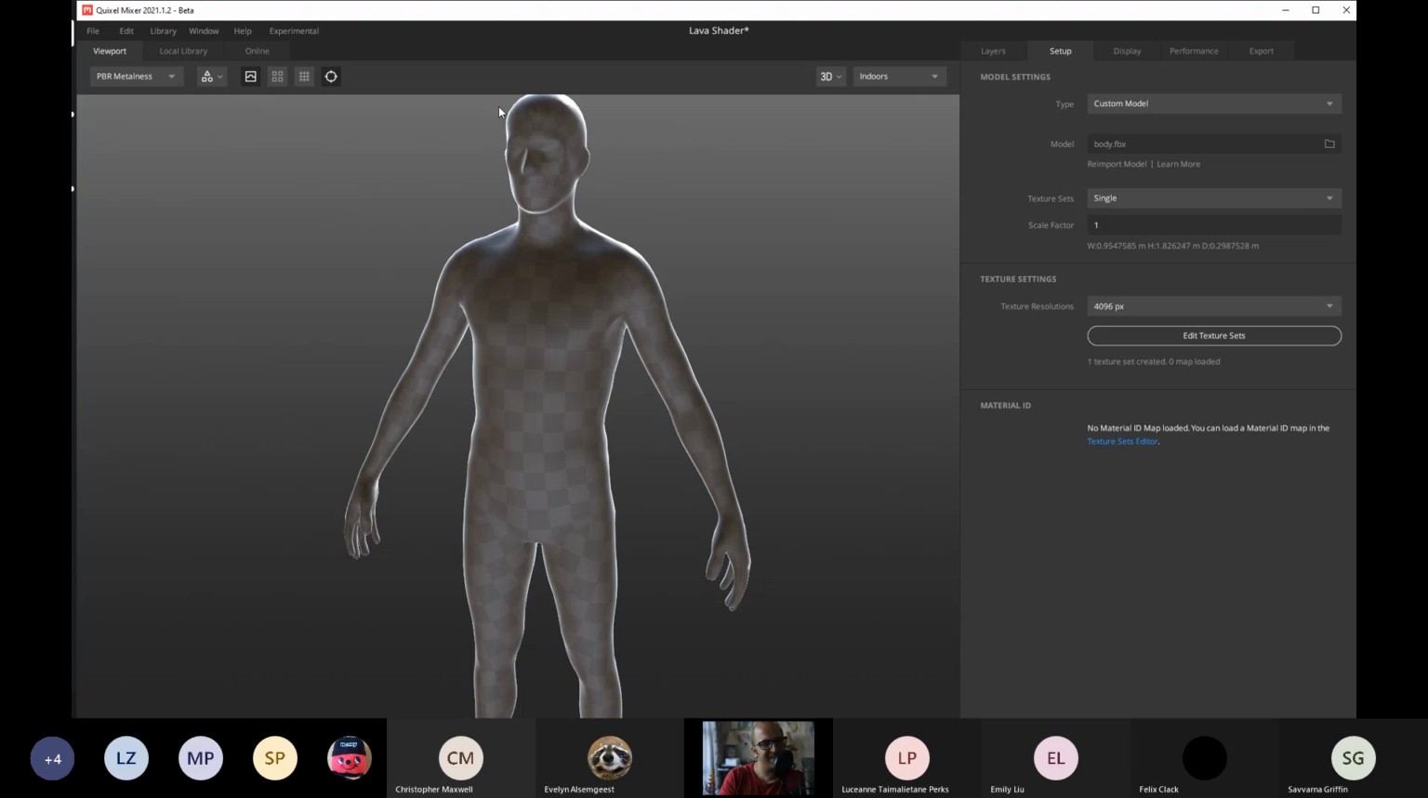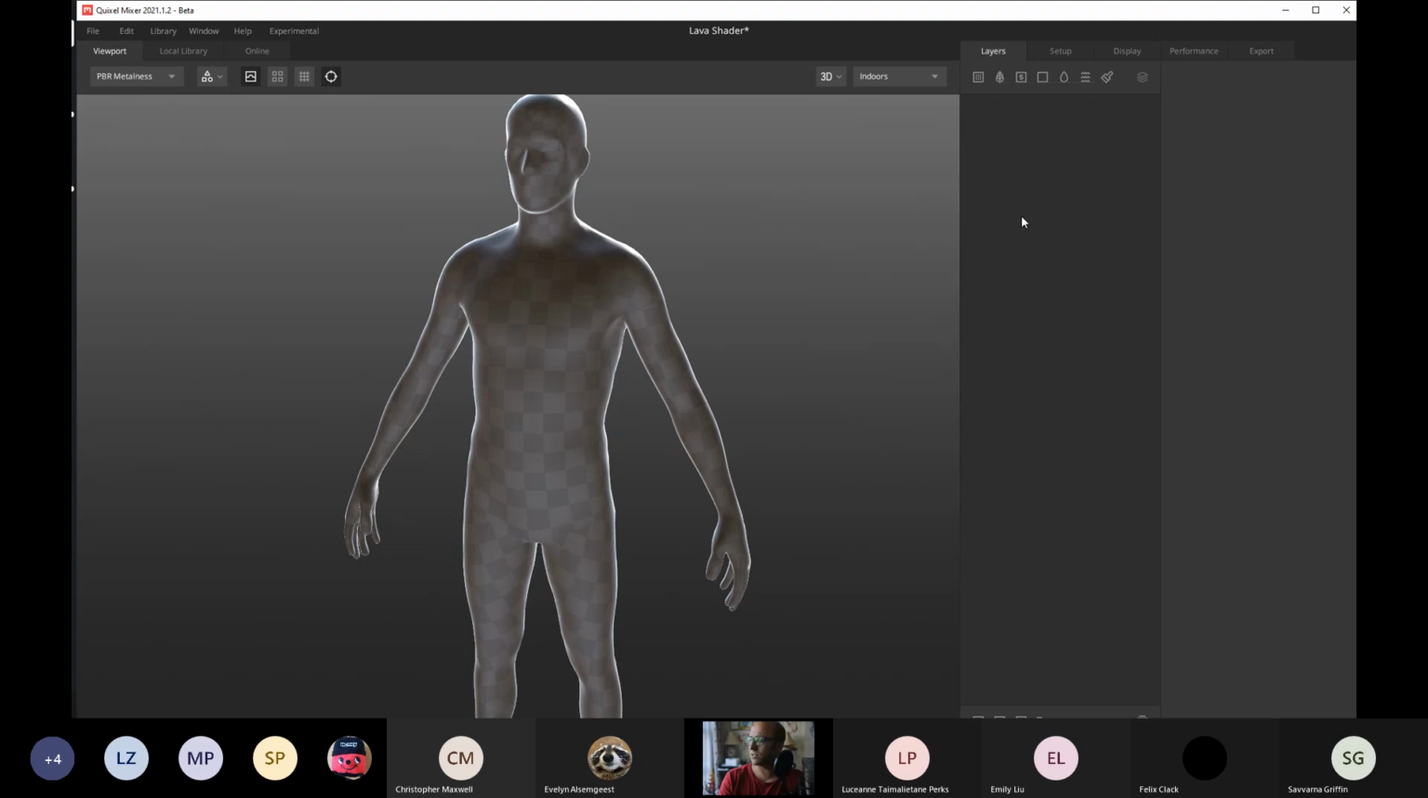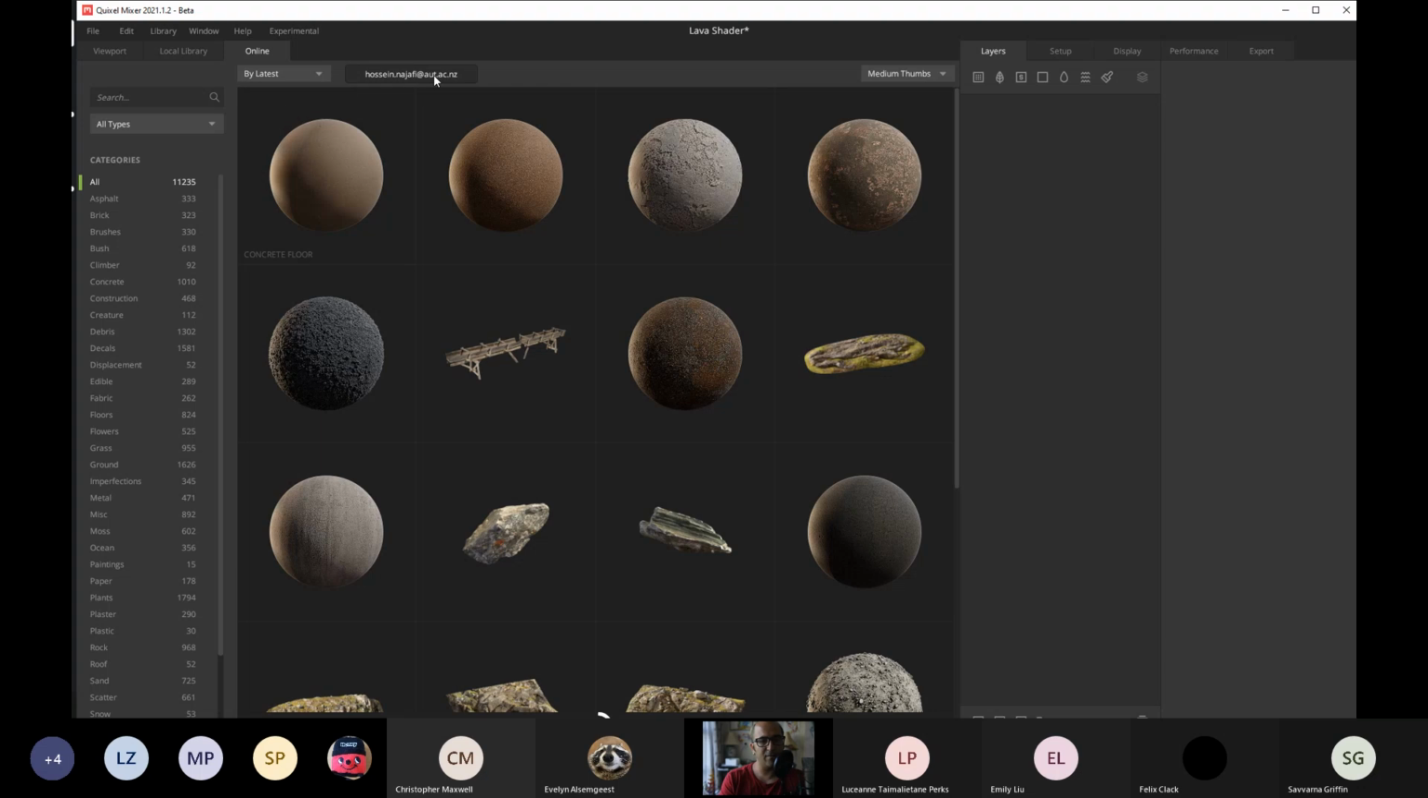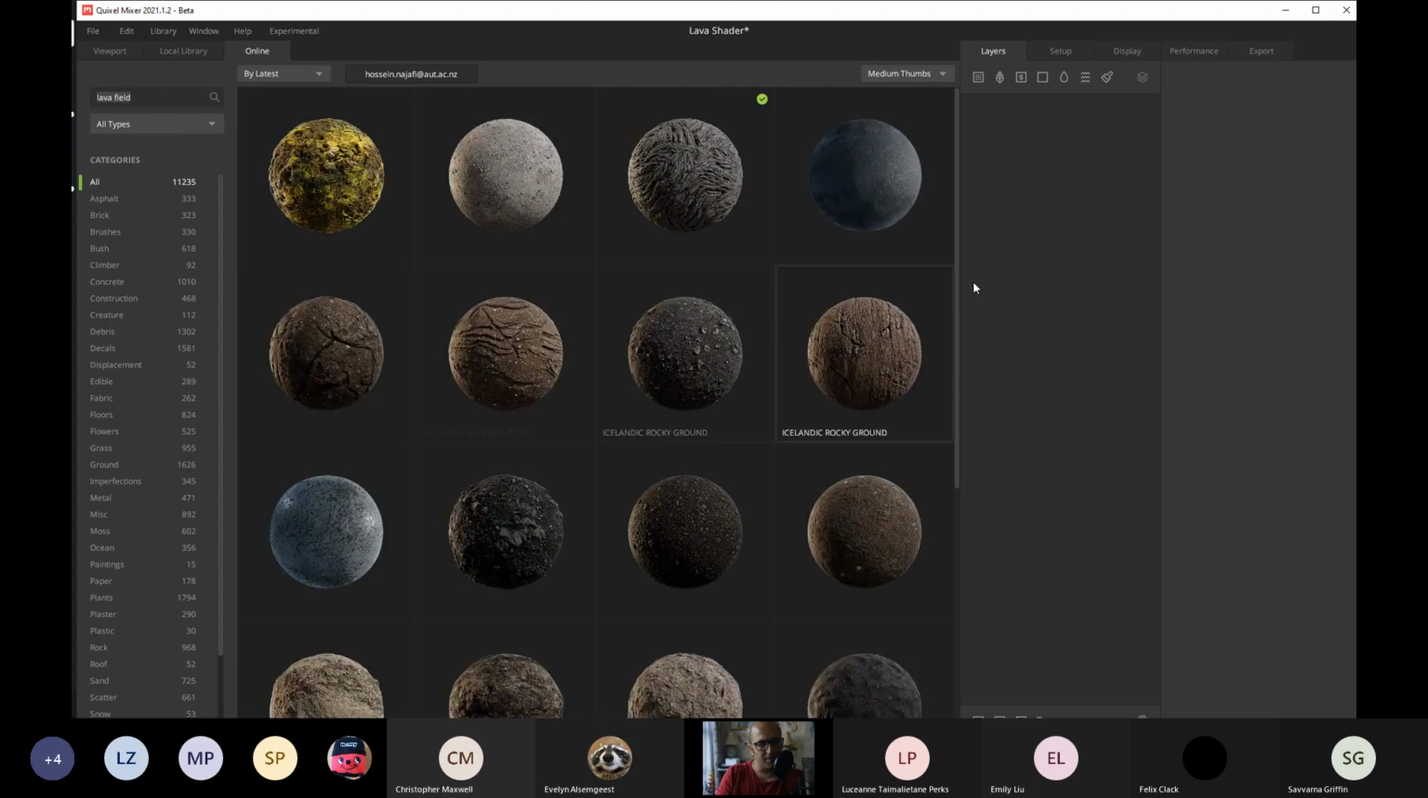Okay, hello, this is Quixel Mixer. It's a very easy program to use. You just load your model and you just drag and drop shaders here and then paint. That's it. So this is what I'm going to do. If you don't have shaders, just go find them online. However, you see that I have an Epic account. So I logged in. So if I search for lava filled